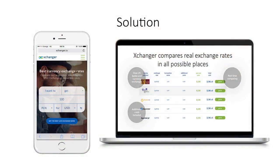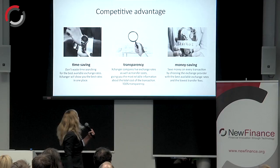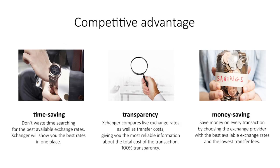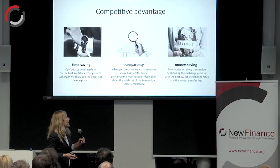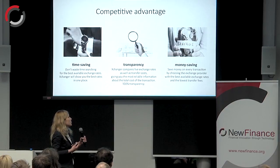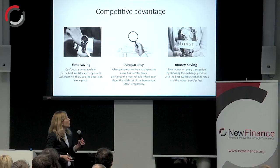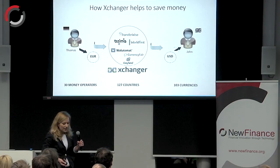In Exchanger, we help to save on money transfers and currency exchange up to 25%. We save your time. You don't have to waste your time on Googling, searching, mailing, calling, and comparing each company separately. We believe in transparency. That's why we're comparing not just live exchange rates, but also the total cost of transaction. And first of all, money saving. By choosing the most reliable exchange providers with the best offers, you can save your time and money on each